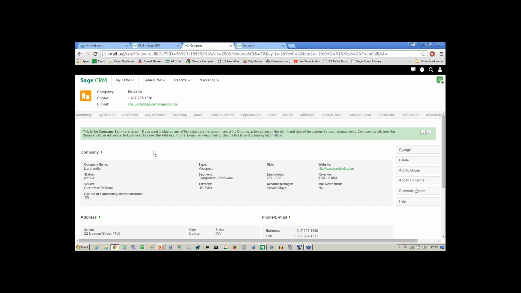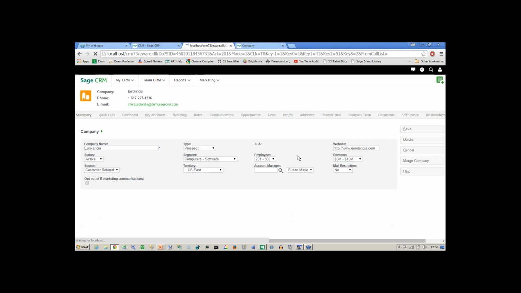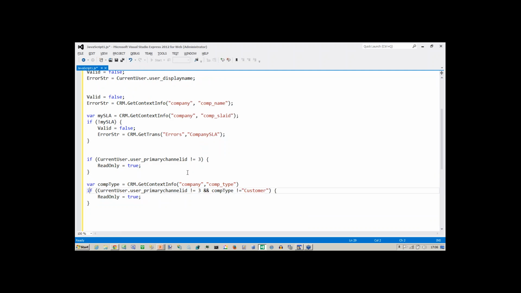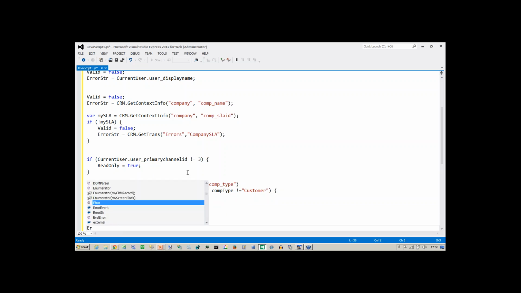How could we tell whether we are, just as we can see here looking at Eurolandia, looking at the view mode, or whether we're looking at edit mode, or whether we're looking at post-save mode? This is a trick that we can see here. Valid equals false, error string